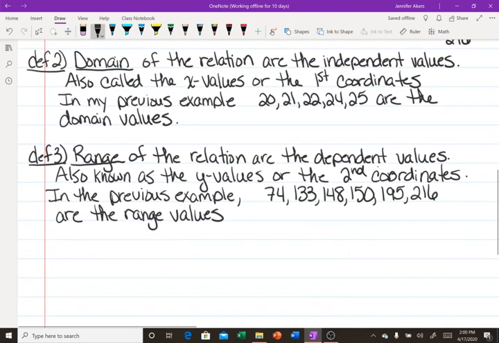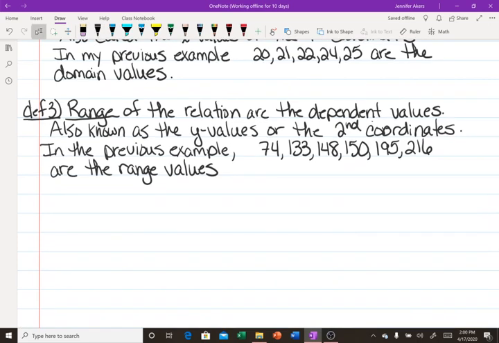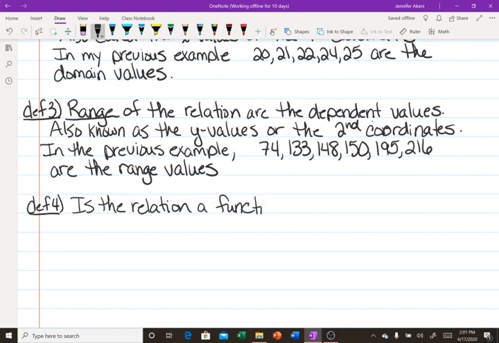Now, an important concept that you will be asked about on various occasions is: is the relation a function? Functions are a special type of relation. To be a function,